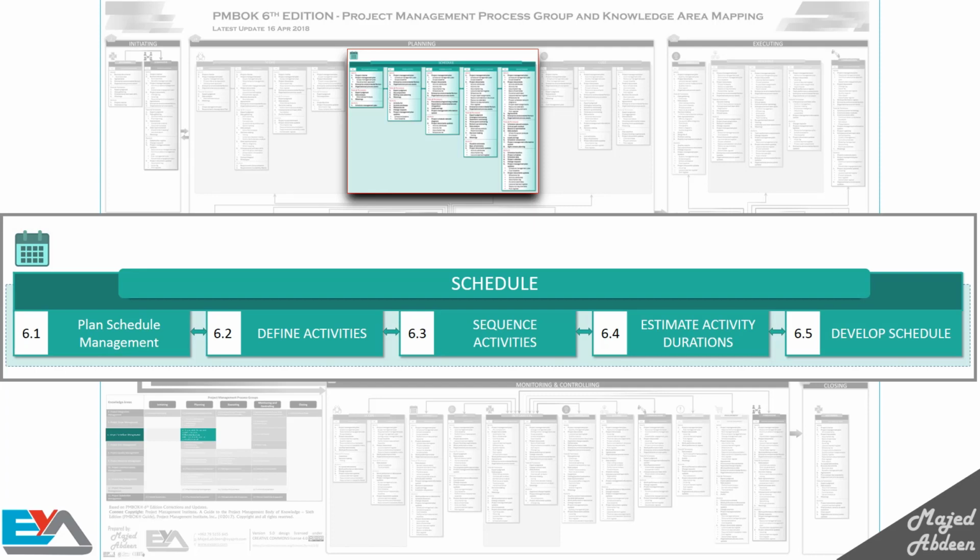You plan the schedule to create the first 20 pages in the website or first module, then you define the activities, but maybe you don't have all the activities for some work packages right now, so you shouldn't wait. You should continue working to sequence the activities you do have. Then maybe one of the team didn't give you an accurate estimation, or he needs longer to give it to you. So you continue and come back to the plan once you have more details, and so on. This is called progressive elaboration or rolling wave planning. You do this for all the processes in the whole project, not only for the schedule.